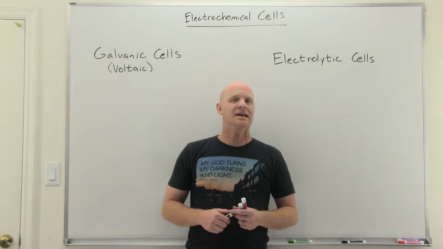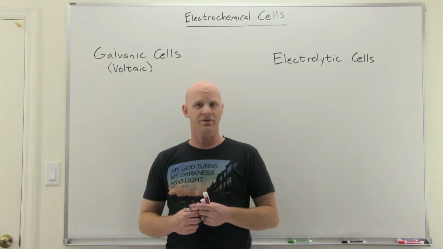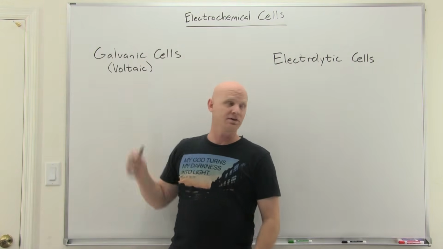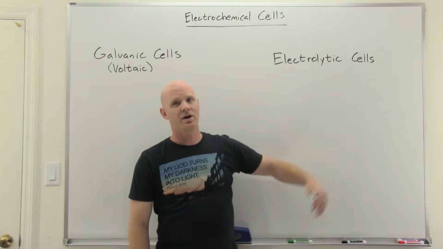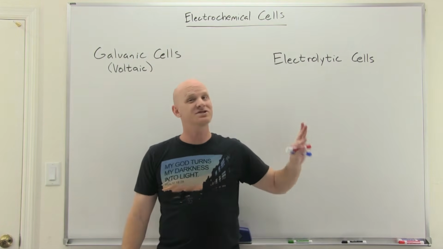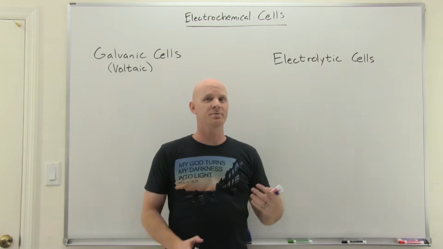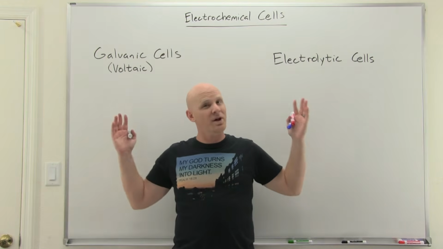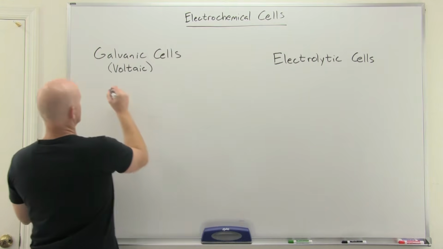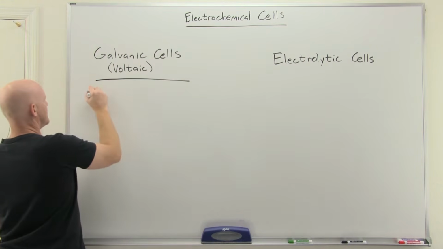All right, now we're going to have a lengthy discussion about electrochemical cells, and there's two main types. We've got galvanic cells, which are also called voltaic cells, and then we've got electrolytic cells. Now, we'll start by having a little more discussion about galvanic cells in this chapter, and we'll finish the chapter up by talking about electrolytic cells. But before we do either, we're just going to quickly compare and contrast them so you know the big difference. And so, the biggest difference you can look at is that for a galvanic cell,